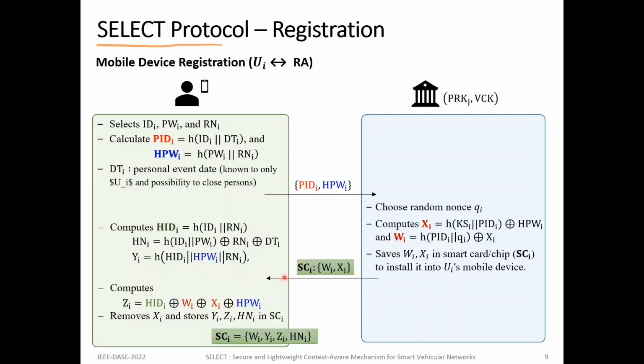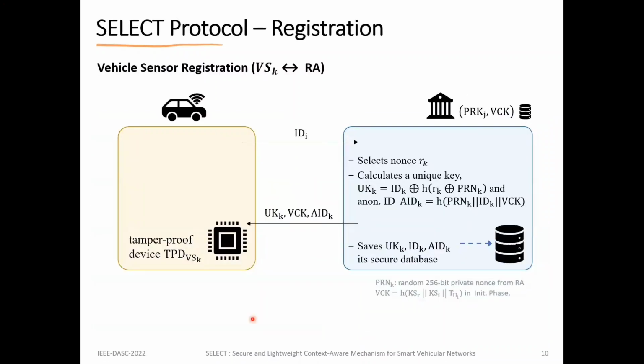And on receiving this smart card data, it computes ZI, which is nothing but HID XOR WI XOR YXI XOR hash password, and then it removes the XI from the smart card and updates the smart card with the values YI, CI, HNI in the smart card. In the next registration, that is the vehicle sensor registration, where the vehicle transmits the ID and the registration authority chooses